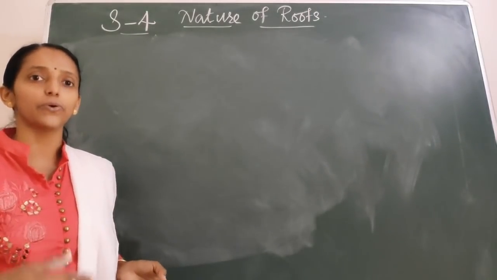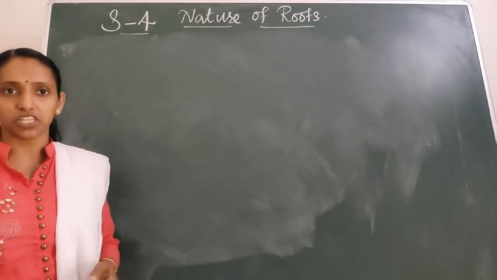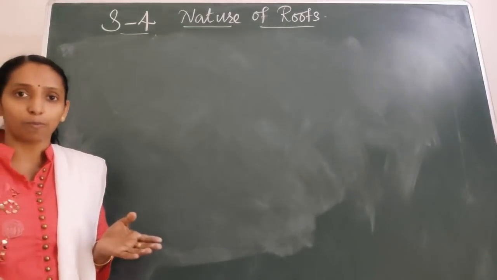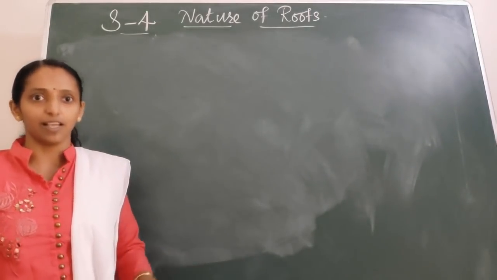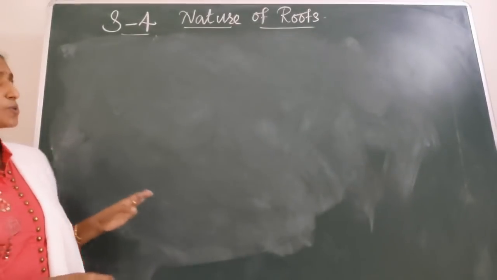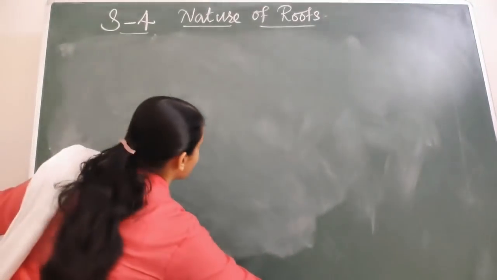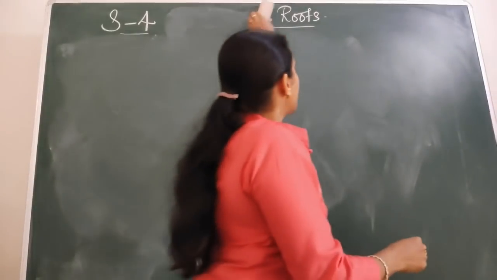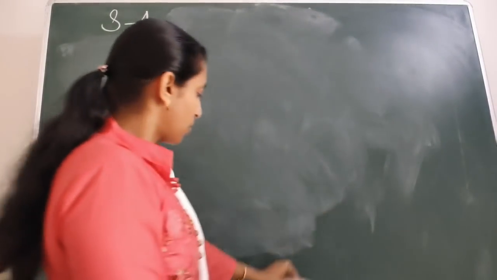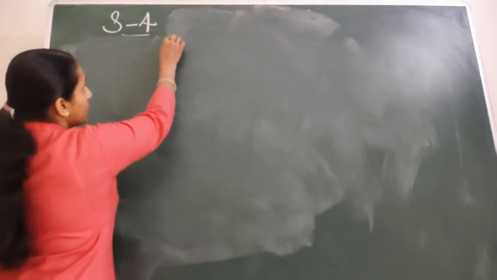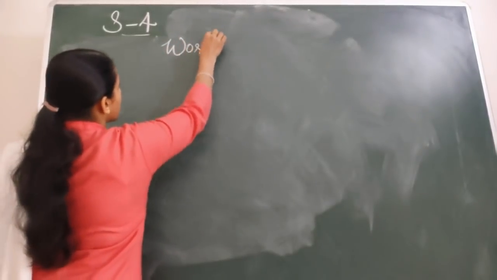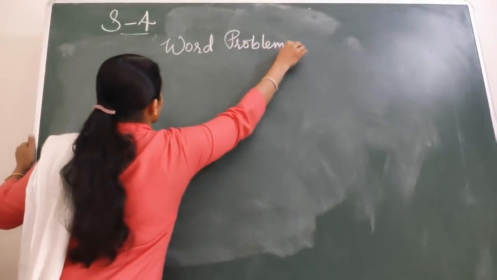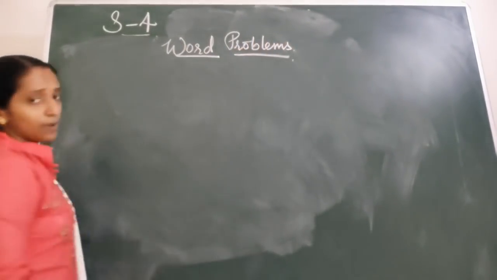There you had seen a few questions related with the quadratic equation. In class 9 we had seen simultaneous equations and the word problems related with simultaneous equations. So here the last concept also is word problems related with quadratic equations. Word problems we are going to see. I cannot dictate all the word problems related with quadratic equations. As you know, writing word problems on the board is not possible.